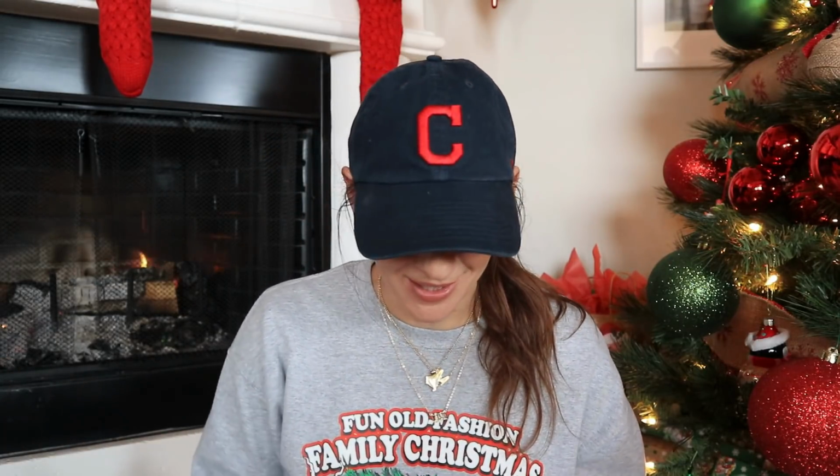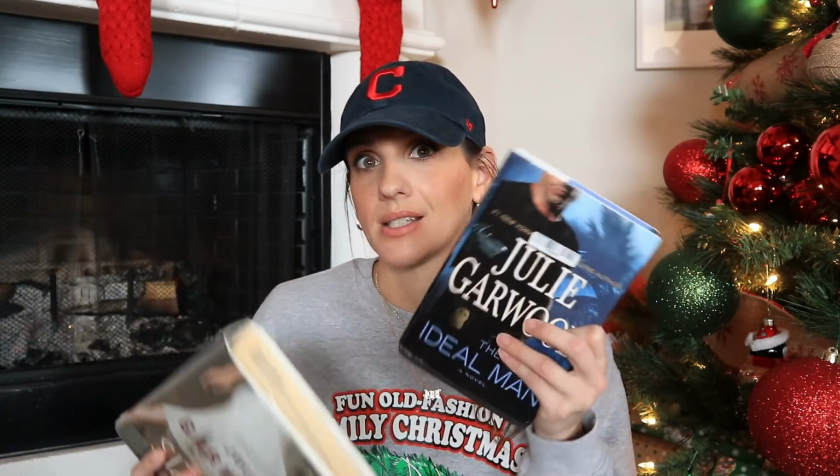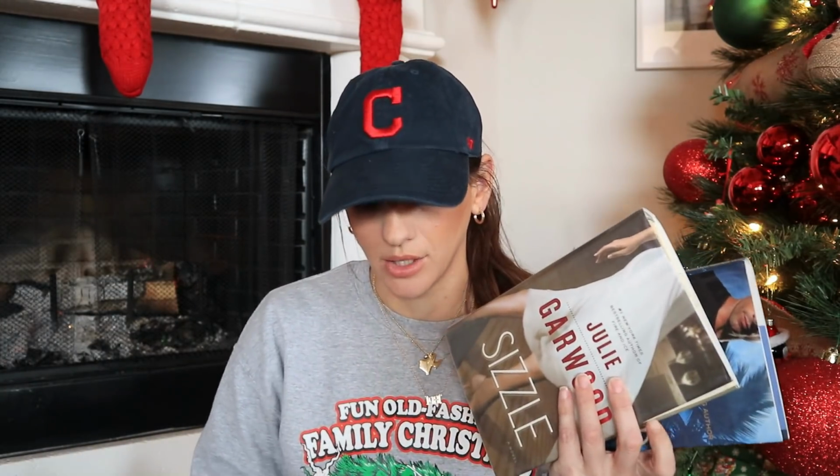Now let's get into my favorite section, books. It was funny because I watched my fall one and I realized that I'm putting these right back into the winter favorites, but I cannot help but to mention the contemporary novels from Julie Garwood because I'm shocked. I'm so in love with them because I've always been a historical romance kind of girl. I love the stuff set in past periods of time, but these are contemporary, so they're modern day, and they're her FBI series, so all the guys are somehow, that's their profession, detectives, FBI agents, and